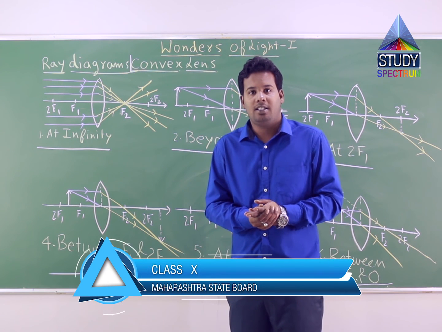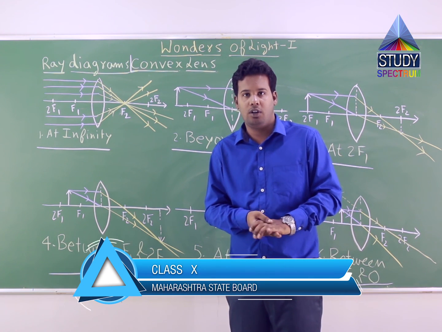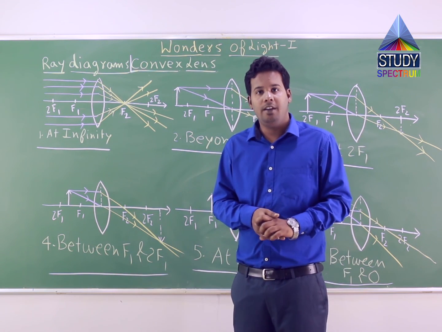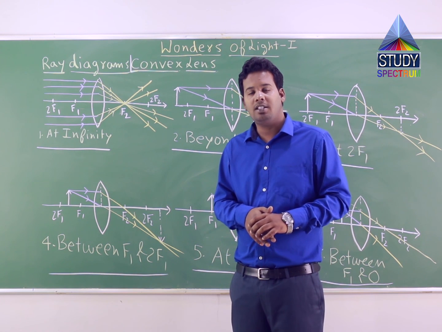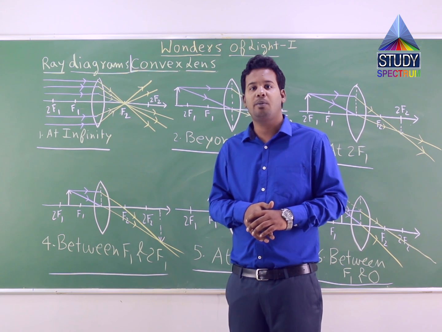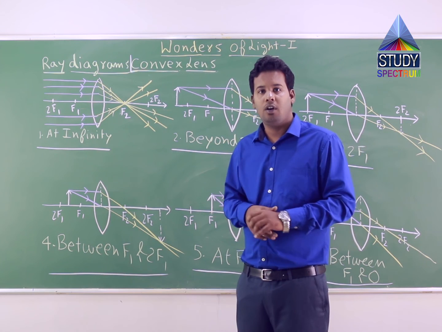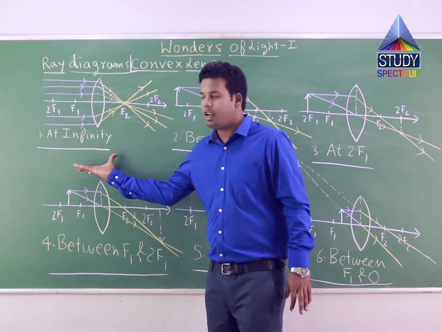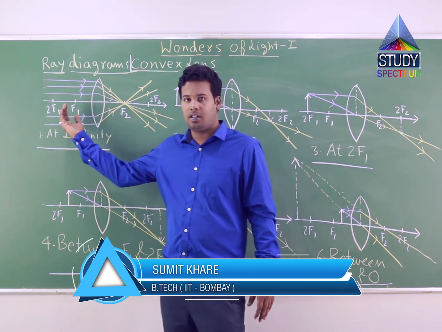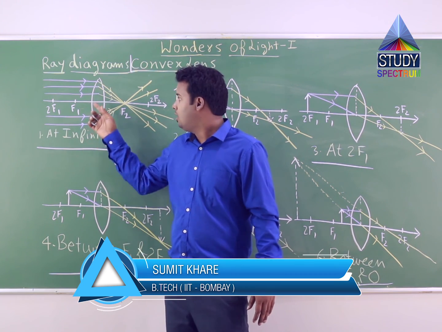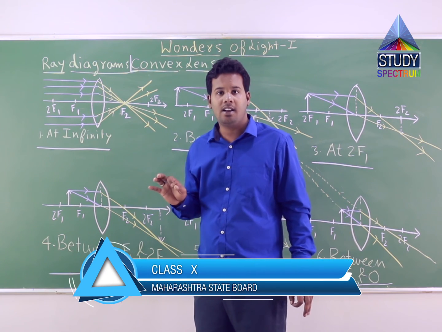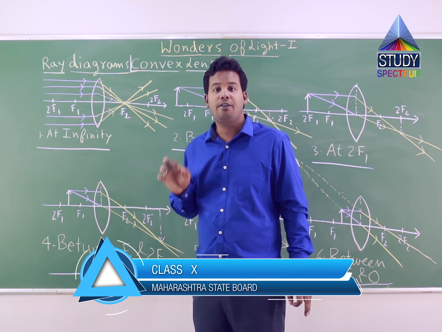So, the 6 cases which we have seen, we have calculated the 4 results. Let us see whether it is being justified with ray diagrams or not. The very first case was the object is placed at a very far distance in front of a convex lens, or in other words, the object is placed at infinity in front of a convex lens. So I have drawn here the ray diagram for the very first case. The object is placed at infinity or at a very far distance from the convex lens. Now in every ray diagram, please do remember, these blue lines represent the incident ray, the yellow lines represent the refracted rays.